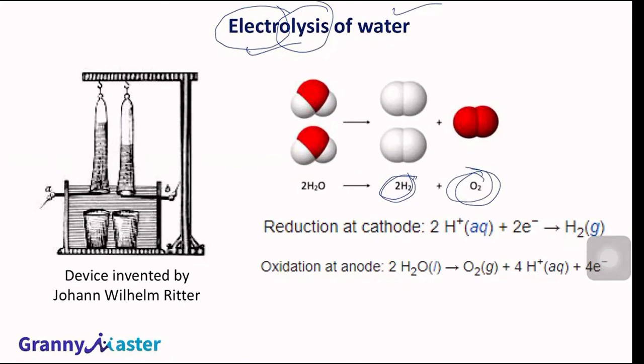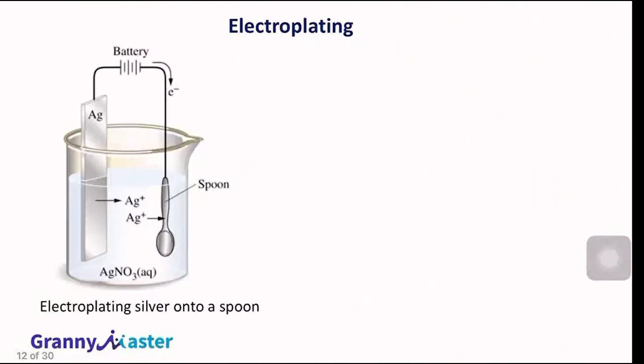Second type of electrochemical reaction. Next topic is electroplating. You have seen electroplated ornaments. You can coat gold on silver ornaments, and we call them gold coated jewelry or gold coated ornaments. This electroplating is also an electrochemical reaction. How this electrochemical reaction will occur and how one metal will be coated on another metal, that we will study. So this topic is electroplating.